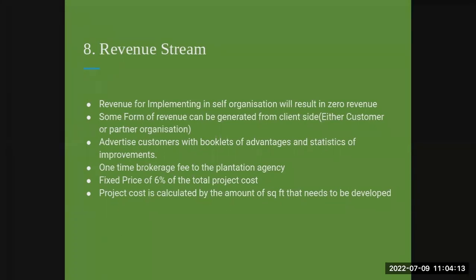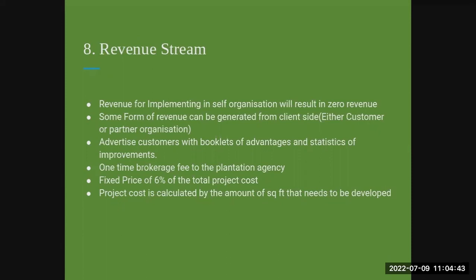Once a customer is interested, they'll reach out to BT, and BT will act as a middleman between the plantation agency and the respective customer or client. The standard brokerage cost is 5 to 7%. Currently, the fixed price will be 6% of the total project cost, although it can be negotiated based on the scale. The project cost is mainly